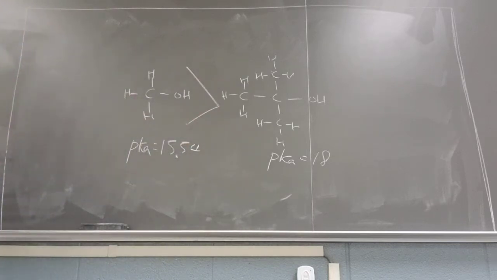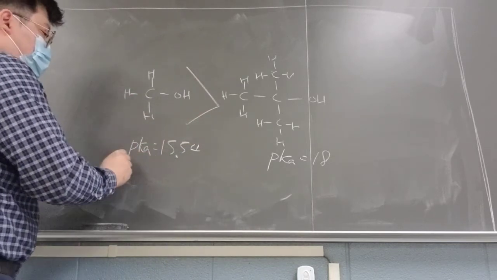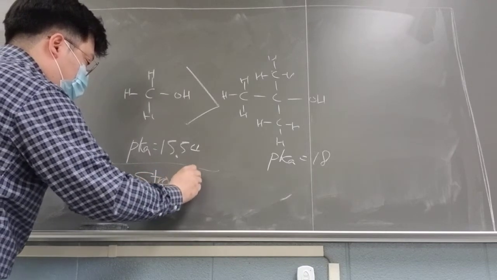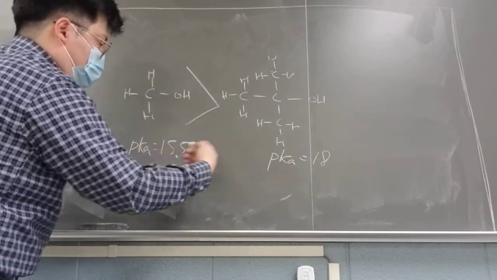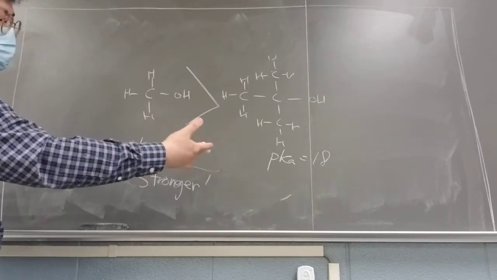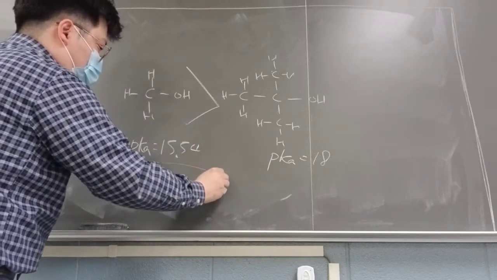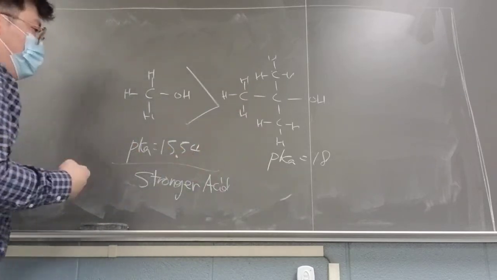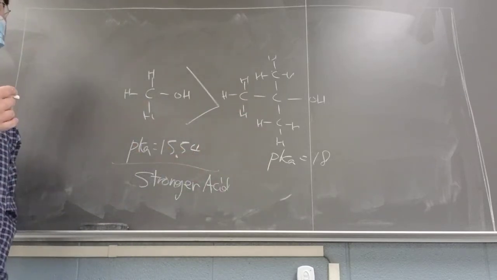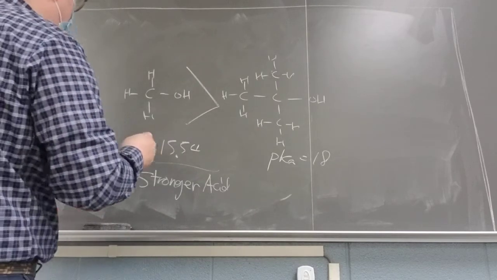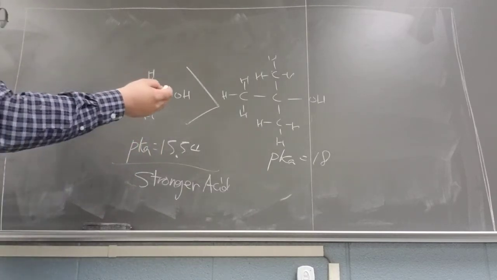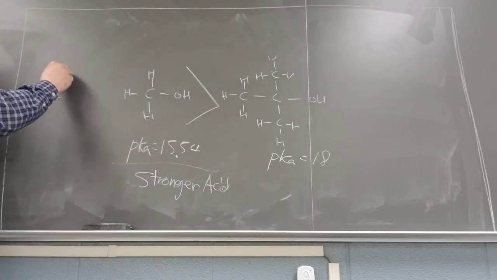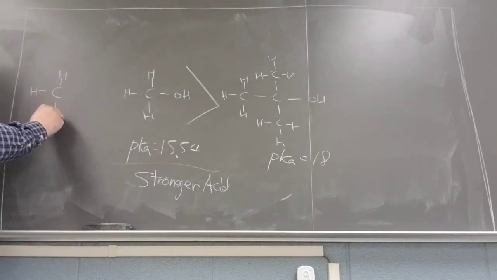So the reason why this is the stronger acid here: I mean, the pKa value is still not so low. So you can say it's still a very weak acid. But relatively speaking, this is stronger because of the way they... So if you think about the alkoxide ion form of this one and this one, once they donate the protons,